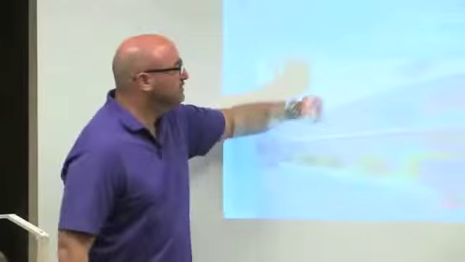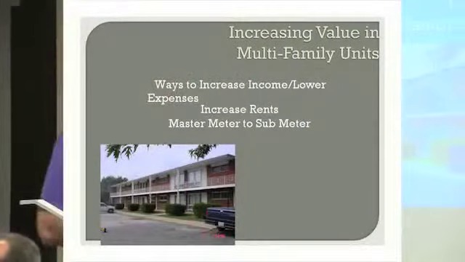So this is a building that Heather and I own. Actually, we just replaced this whole balcony here, and we did some other work here. But this building was interesting because if you look, well, you can't really see it, but there's a stairway down to a basement that's got a laundry facility there. And that's where they house something called water meters. I'm going to explain that in a second. I also want to talk about rents here. So remember these two topics, increase rents, master meter to sub-meter, based on what you know right now. Okay? So I'm going to take this off the screen